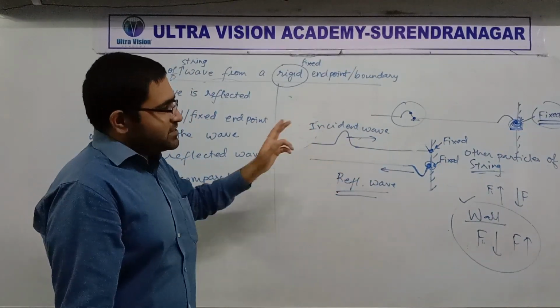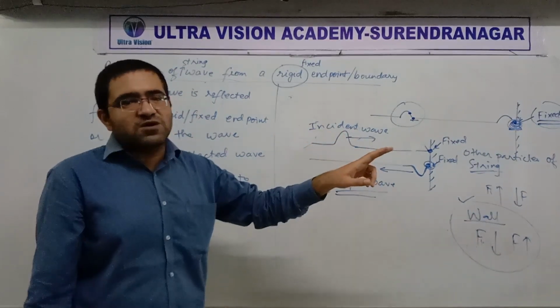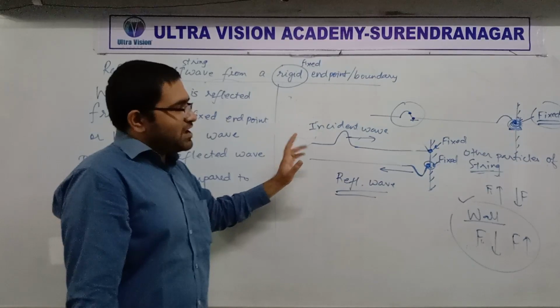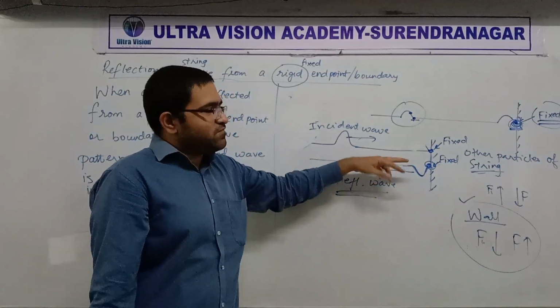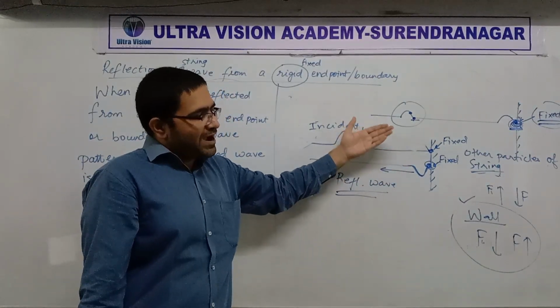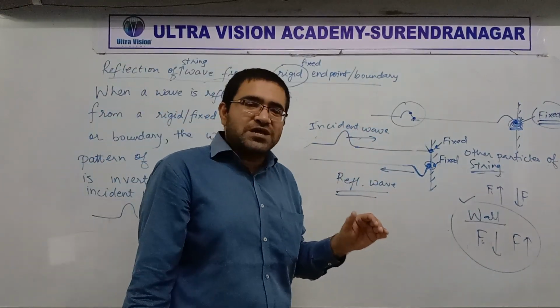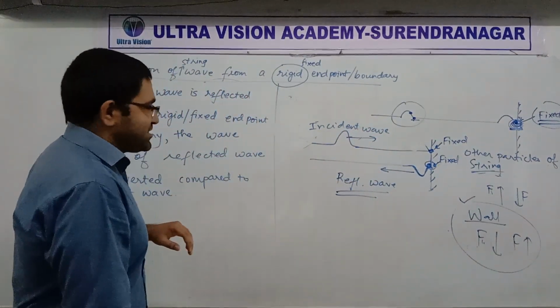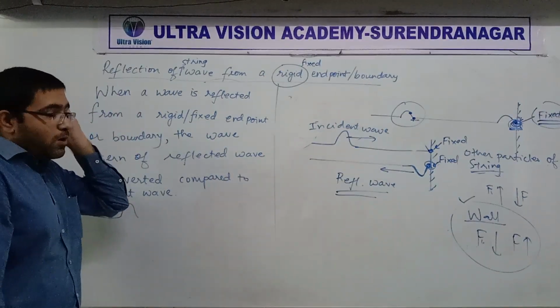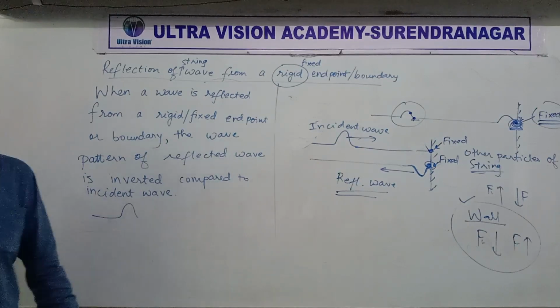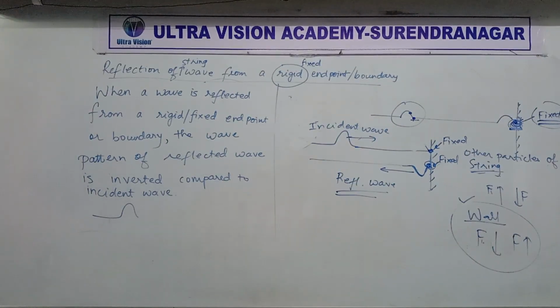And while reflection is going on, what happens at that time? That's what we will draw, and we will also write one or two equations for the same thing. So with that, we're going to end today's